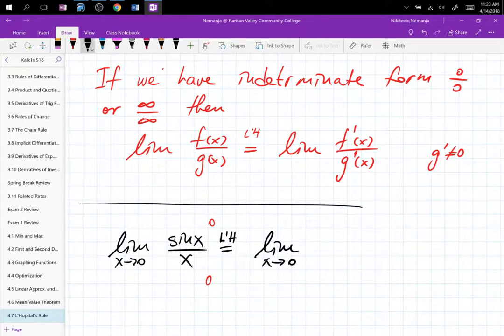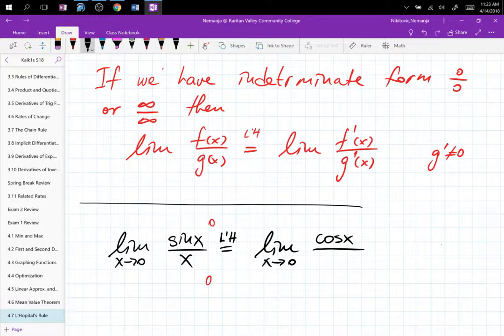So you have to be very careful about that. If you don't put the L'H up there, it's a wrong notation. It's -1 on the test, just like if you forget plus C for integrals, or you forget to put limit at all, and stuff like that, right? So it's extremely important. And now you take the derivative of sine x, which is cosine x,